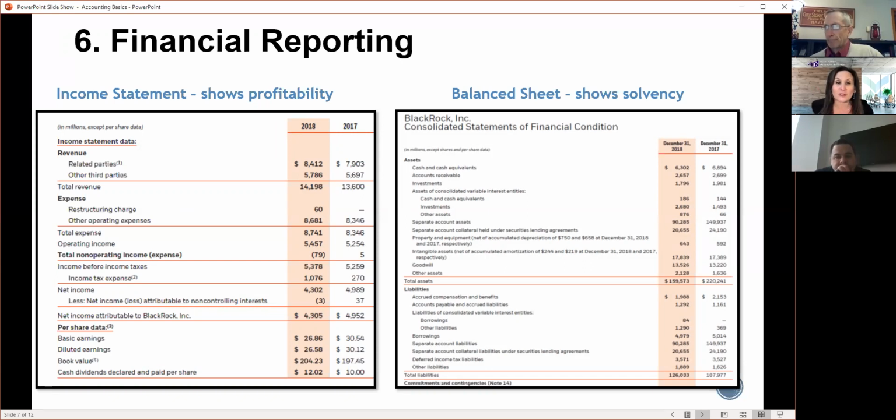And the thing that I want to circle back to goes back to the idea of the chart of accounts. Because if you look at both of these reports, the income statement is all about revenue and expense, and the balance sheet is all about assets and liabilities. And if I showed the next page, it would say net assets too, because those are the things that organizations care about, and that's what we're reporting on. So it connects right back to the chart of accounts, which is how we code every piece of financial information that comes into the organization. And we code it that way because we have to present it back out to the rest of the world.